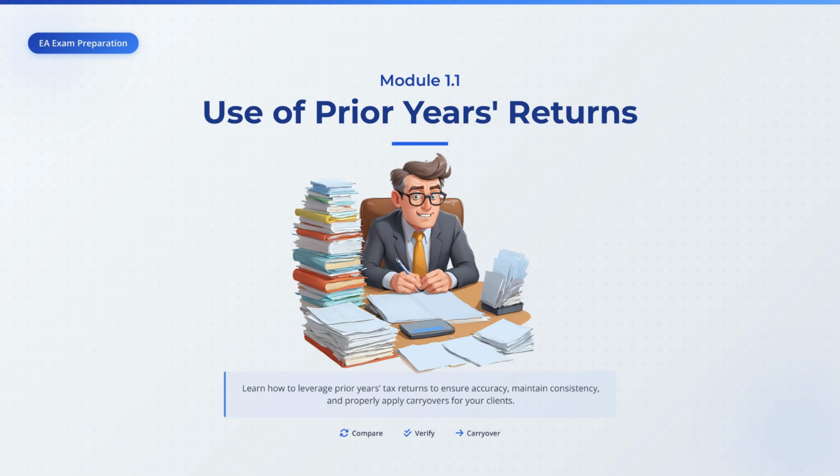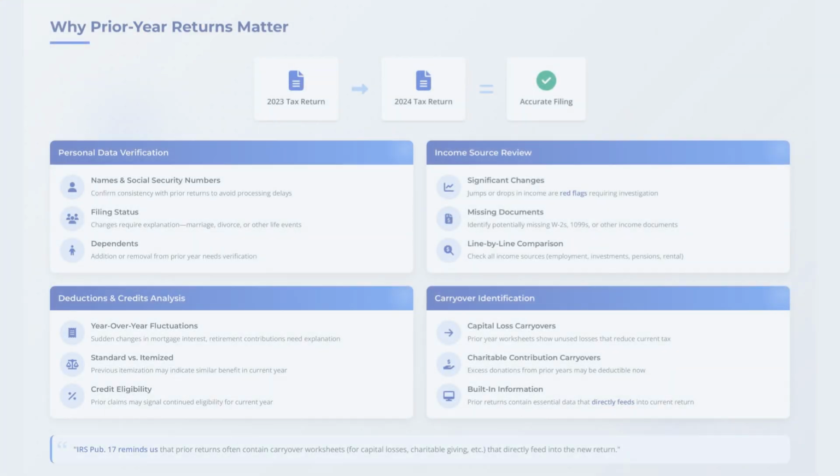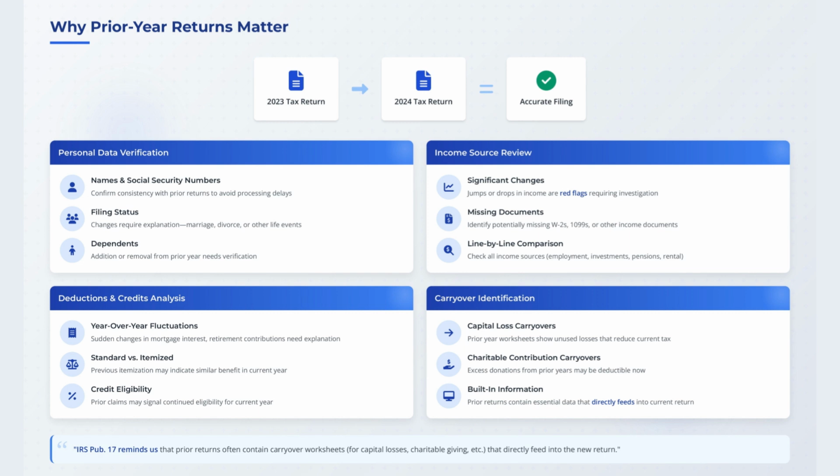Today, we'll focus on three key areas: comparing data with prior years, ensuring accuracy, and handling carryovers like capital losses and net operating losses. By the end of this 30-minute session, you'll understand how to leverage past returns to ace the EA exam and serve your clients effectively. Let's get started. Alright everyone, let's talk about something that's incredibly simple but absolutely essential in tax prep: reviewing the